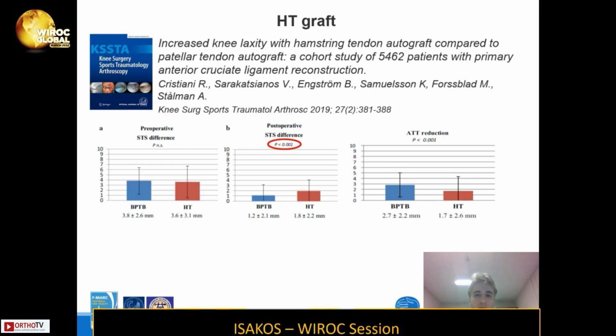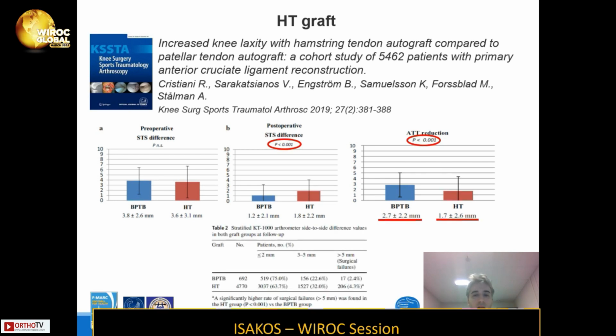On the other hand, the anterior tibial translation reduction was significantly higher for the bone patellar tendon bone graft. So this graft reduces laxity more effectively, to a higher degree, compared with the hamstring tendon graft. Also, if we look at the stratified KT1000 arthrometer side-to-side values according to the IKDC, the number of so-called surgical